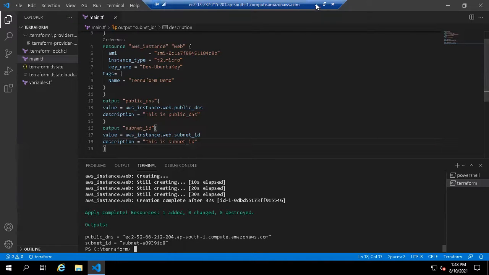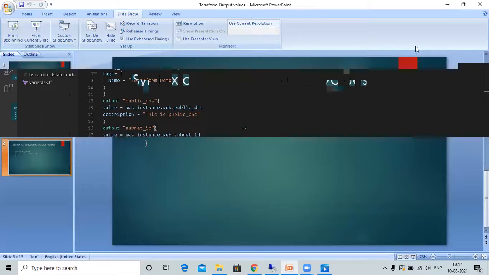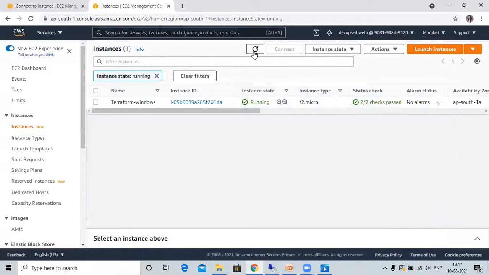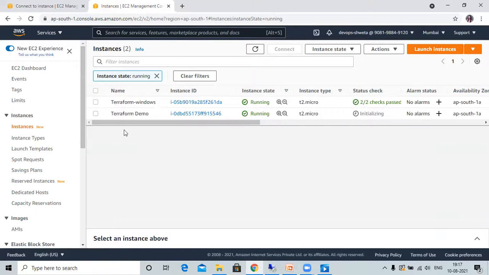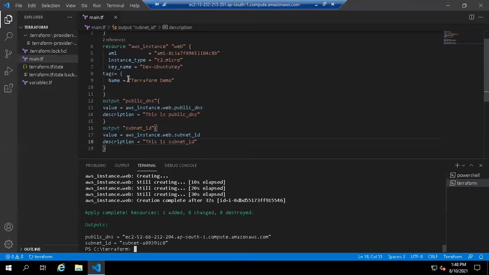So let's check in our AWS. Go to the EC2 and see Terraform demo. And the same tag name here, Terraform demo. So before we go to the next point, I will destroy the instance.